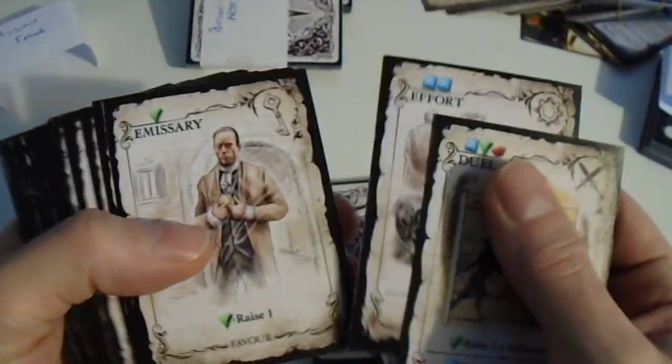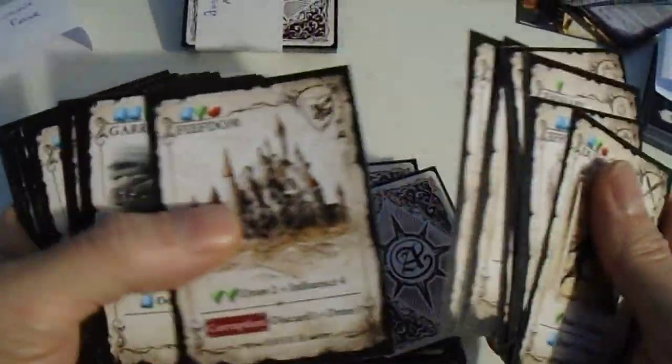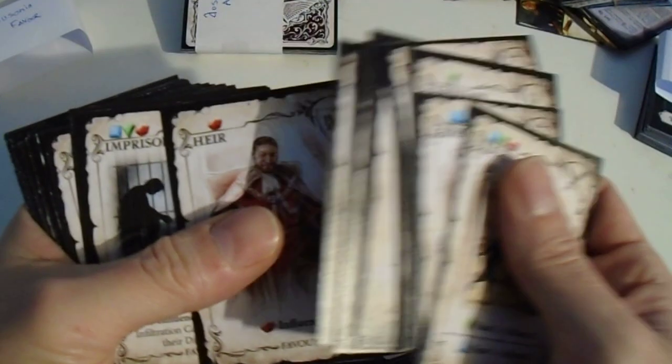So let's just go quickly. Experiment, expertise, execution, extortion, extraction, fealty, feast, fiefdom, garrison, gossip, hair, imprisonment, informer, intimidation, investment, invocation, judgment, knighting,